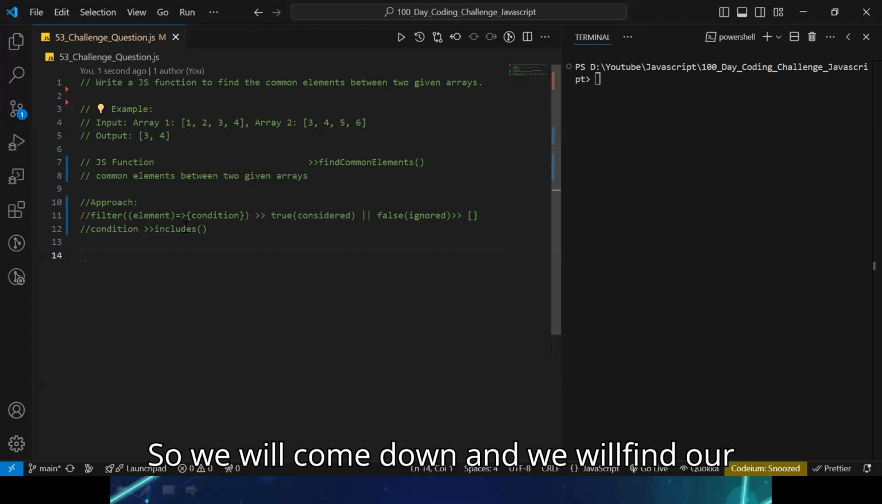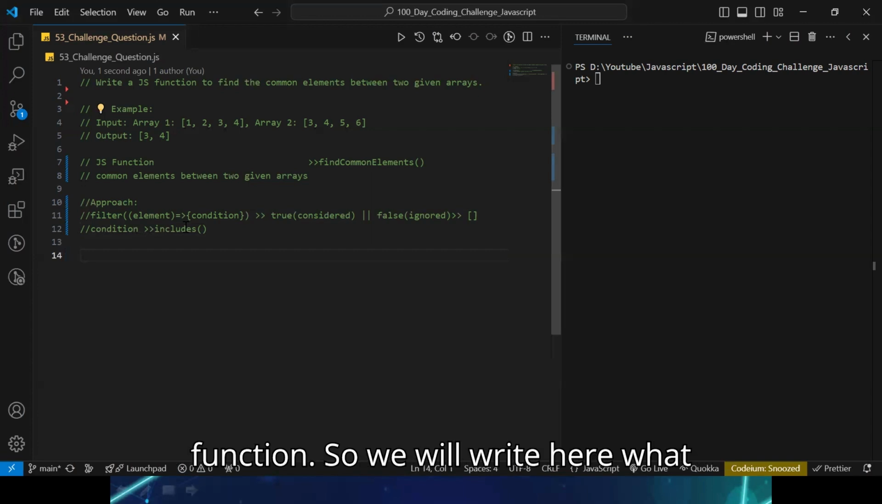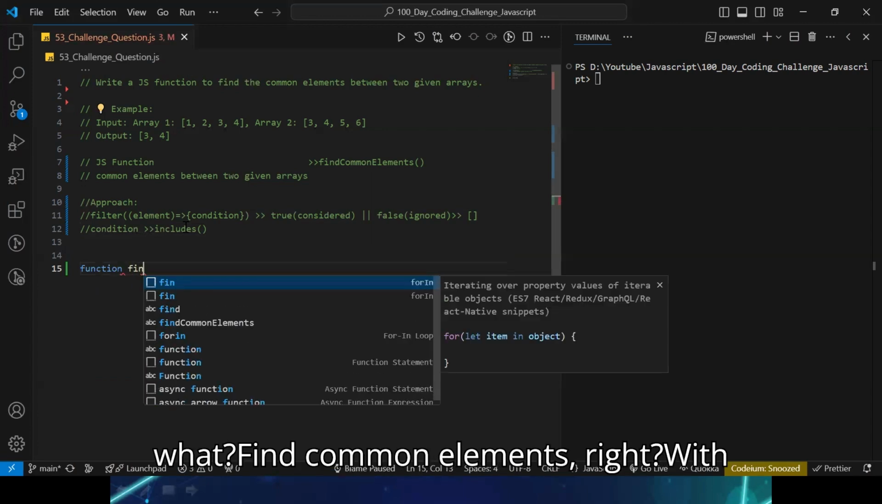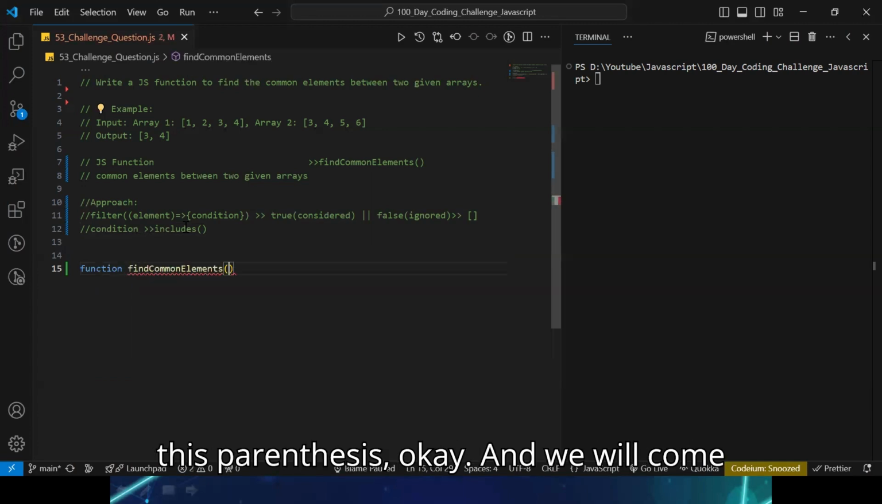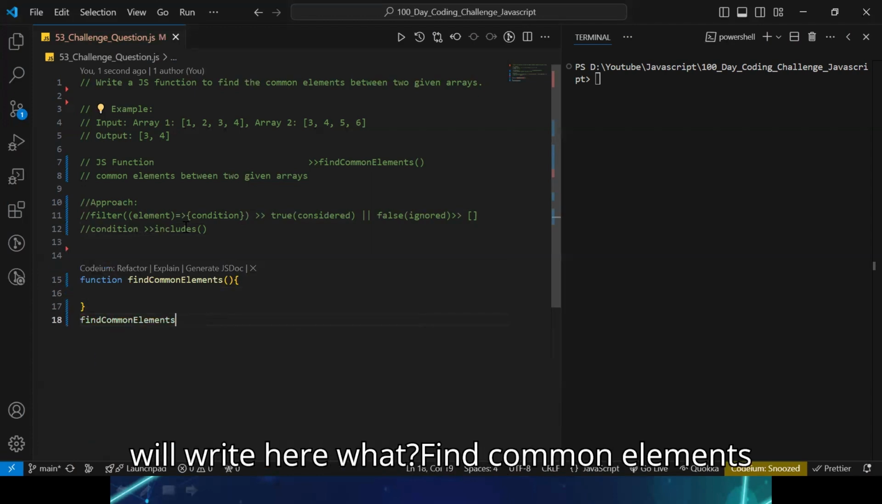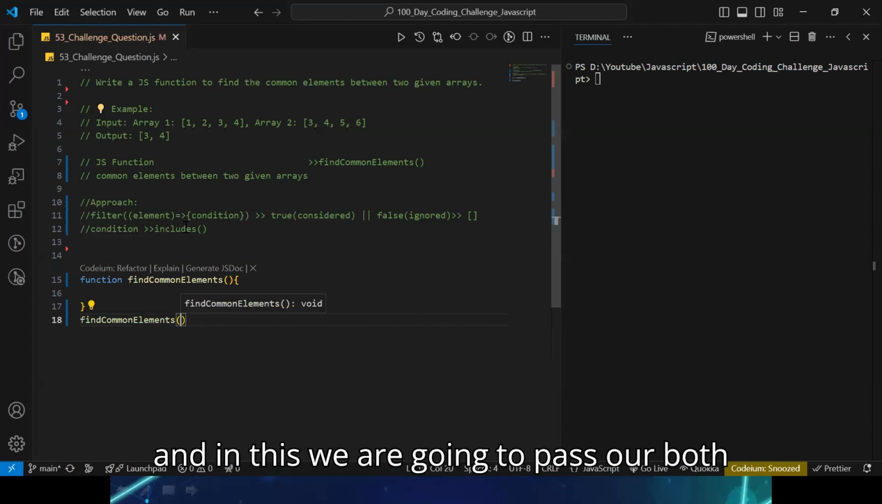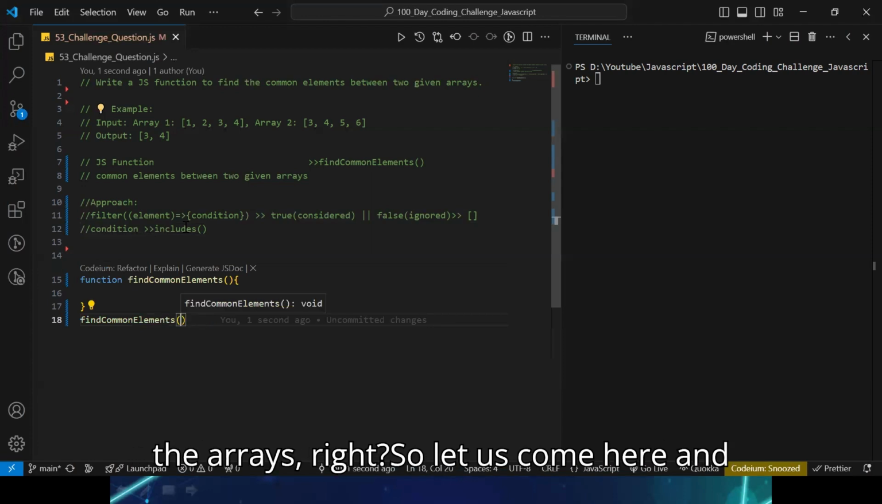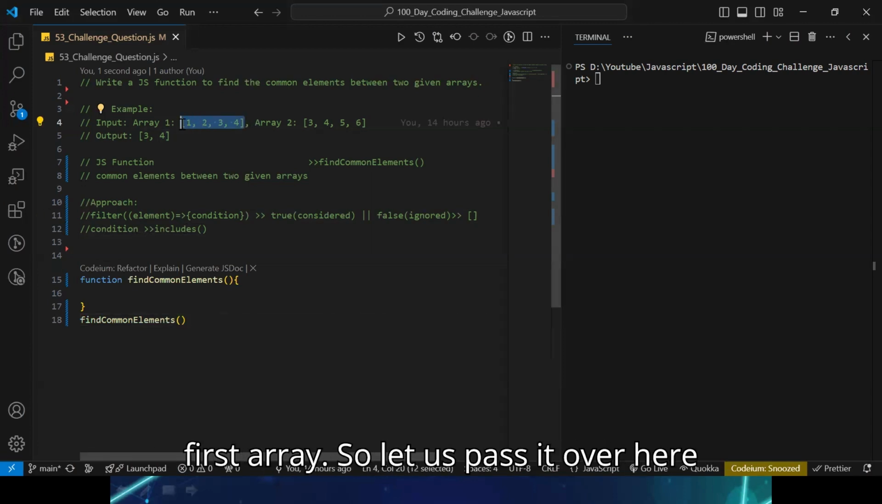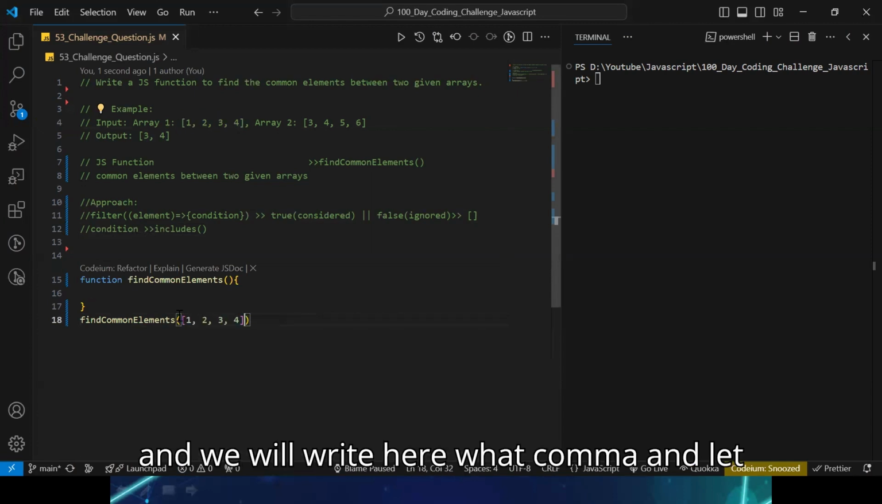So we will come down and we will define our function. We will write here function, and our function name will be findCommonElements, with the parentheses. And we will come down and quickly invoke it. So I will write here findCommonElements, and in this we are going to pass both the arrays. So let us come here and take this 1 2 3 4. This is our first array. So let us pass it over here and we will write here